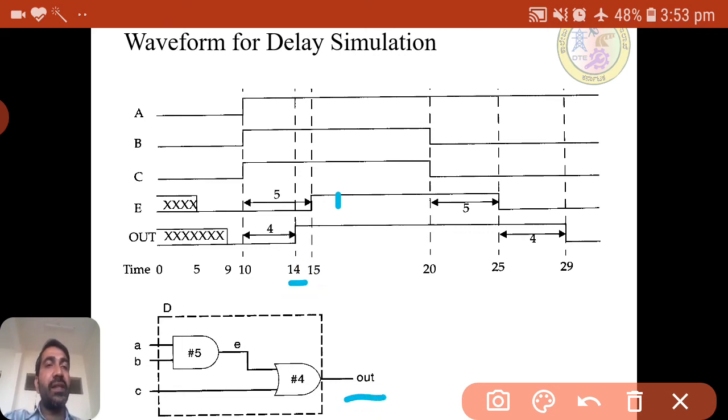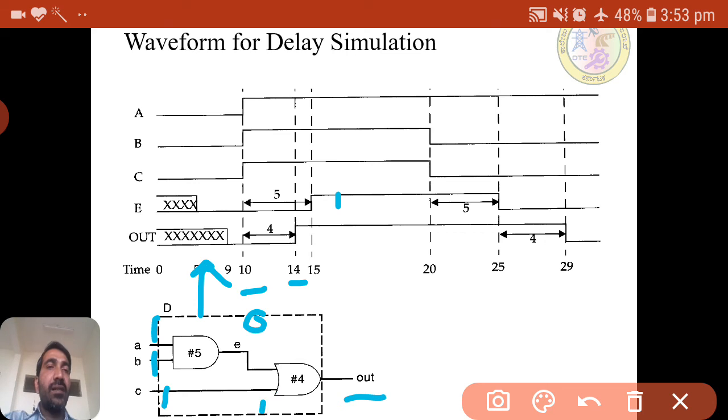So why is it 14? Because already we know e is 0, because at 5th only the valid signal has come, e is 0. But okay, at the 10th these values are 1 1 1 1, at 10 this is 0 and 1.